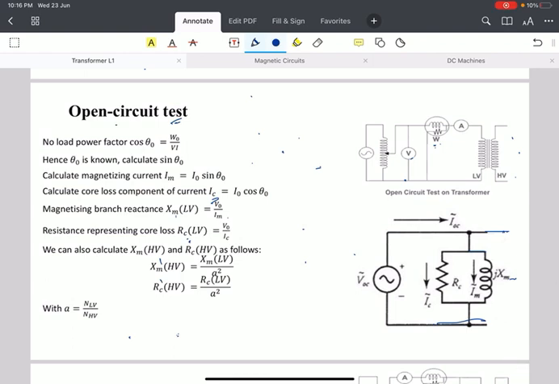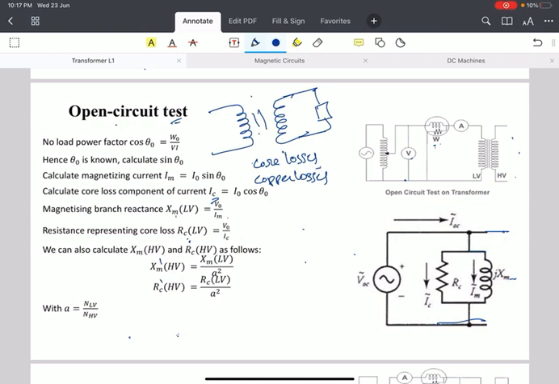So we have a transformer primary and we have a transformer secondary. So it is not really practical to test the transformer on load. We need to know the losses of the transformer. We need to know the core losses, that is no load losses, and copper losses of the transformer in order to know the transformer efficiency. So we need to do this test in order to determine the transformer efficiency.